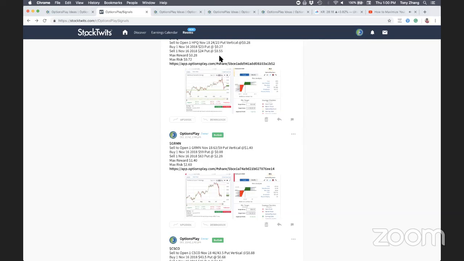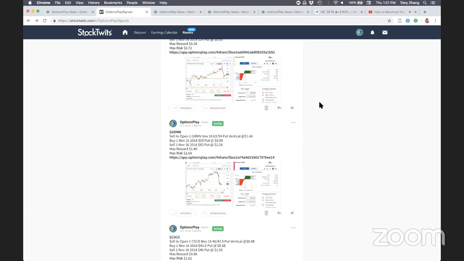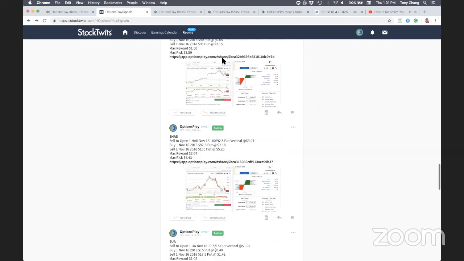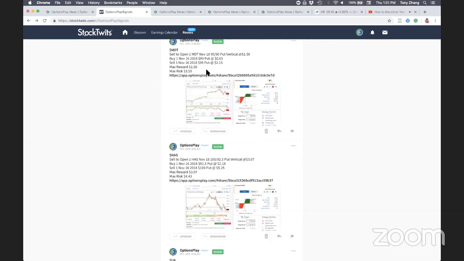Will you have a track record for the new service? Absolutely. So the whole point of putting this in this room, so that you can see every single trade and click on them and track them, is so that we can provide a detailed track record. That was another thing that a lot of people asked us for on our daily play. It just got a little too difficult for us to keep track of that manually. So now what we're doing with this new service is we're trying to automate the process of tracking all of these trades for you, so that you can get weekly reports of how these credit spreads are doing.